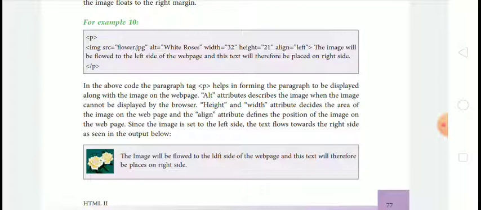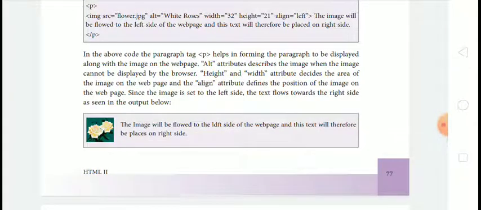The image will float to the left side of the web page, and this text will therefore be placed on the right side, and after that close the P tag. In the above code, the paragraph tag helps in formatting the paragraph to be displayed along with the image on the web page.